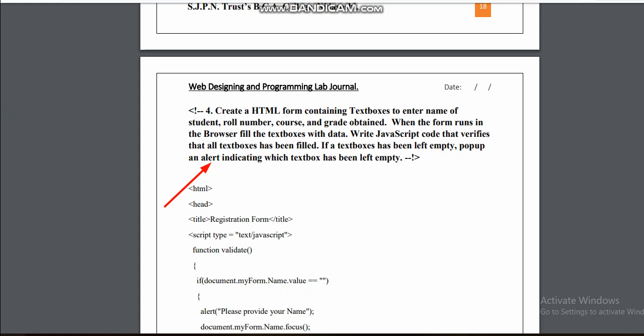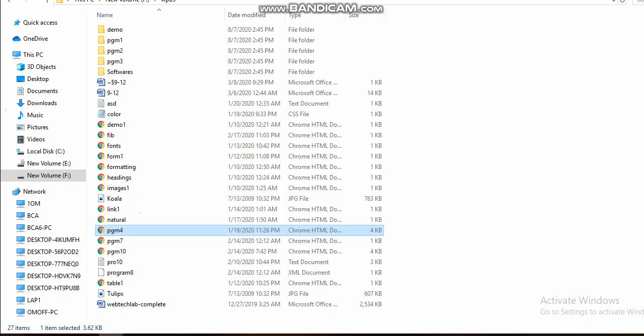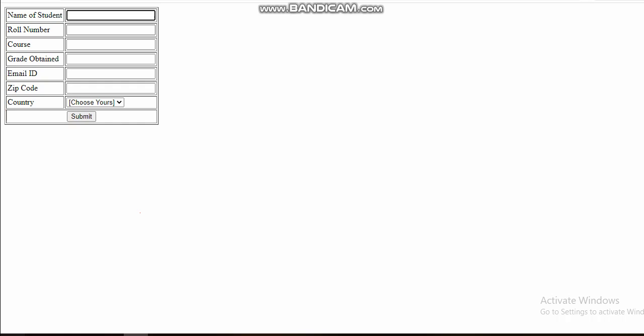Now first I will show you how this program runs. When I execute the code, you can see the name of the student and roll number. When I click here, this text box gets focus so that I can enter the data. When I click on a particular text box, you can see that the text box gets highlighted. That is called focus. We are using a focus attribute here for the text box. I am also using a drop down list here.